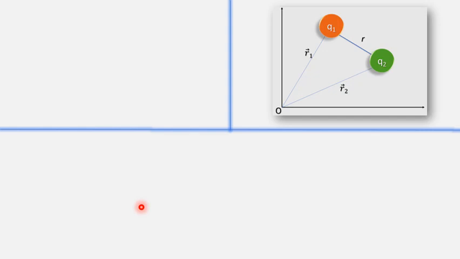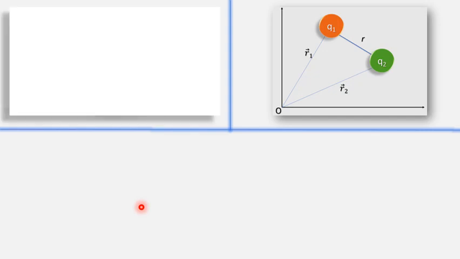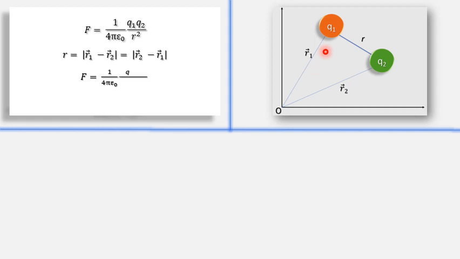So what to do? So here we can say that the r, that is the distance between the two charges r, we can find out if we take mod of resultant vector, that is mod of r1 minus r2 or r2 minus r1, and then I can express the force as F is equal to 1 by 4 pi epsilon 0 q1 q2 upon mod of r1 minus r2 whole square.